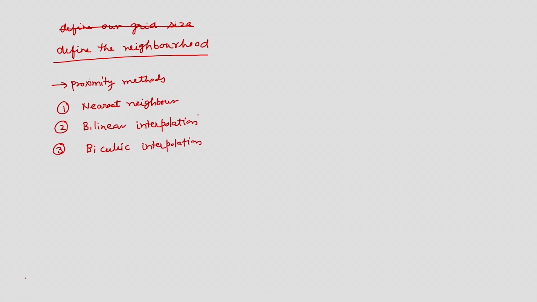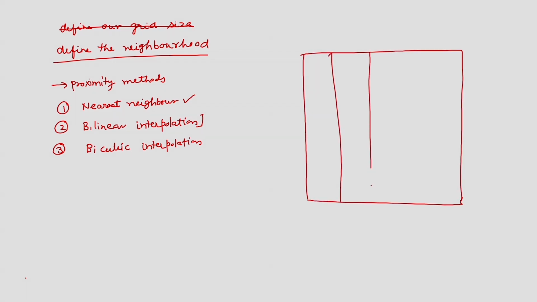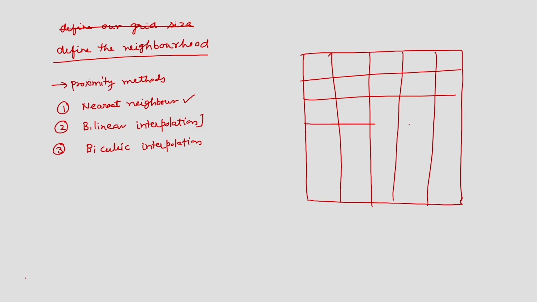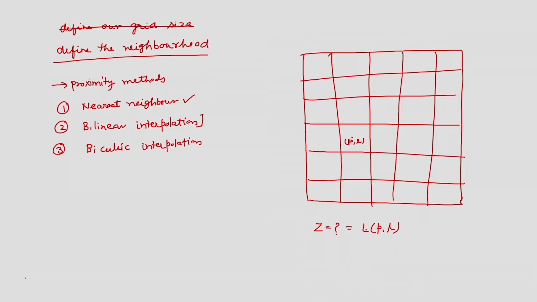We have already discussed bilinear interpolation in photogrammetry. I am only going to discuss the nearest neighbor here. So, let us see, this is grid. This is PL. I want to fill the Z value. What is the Z, given PL? In case of nearest neighbor method, I will consider the point which is located nearest to the PL location. So, PL is the central location here, and let us say there are some points located here randomly.